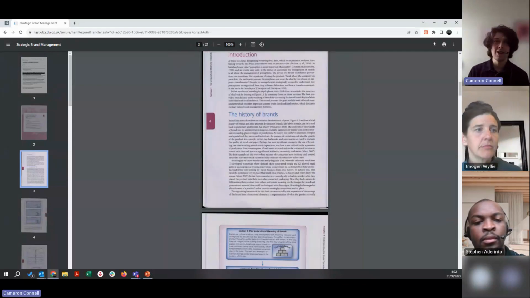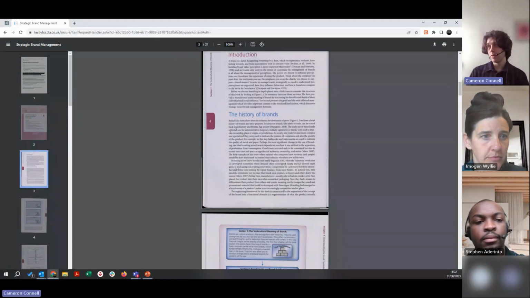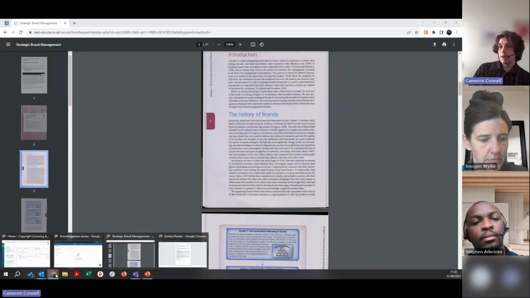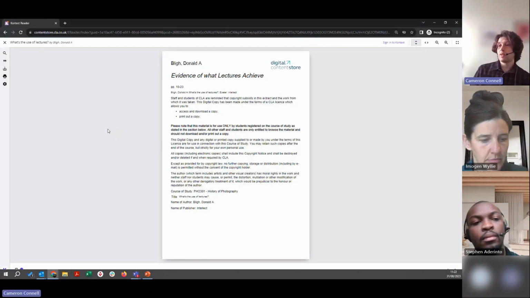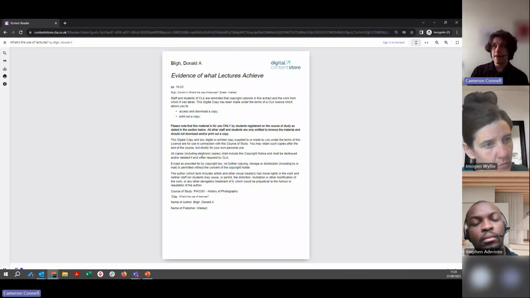And what you can do with the scan really depends on what browser you've opened it with. For example, if you have opened the scan with Edge, you will see different things than if you open the scan in Chrome. So it will depend a lot on what browser you're using. But if I just jump over here, this is what the anonymous student reader looks like. As you can see, we've got the copyright notice that's automatically generated. This is generated each time a student clicks a link. So if a bit of information on the DCS is updated, then that will be reflected on here.